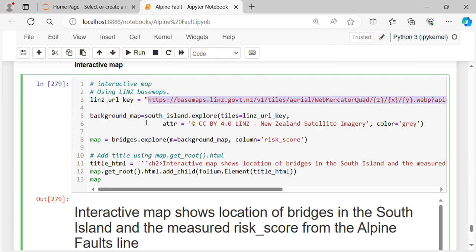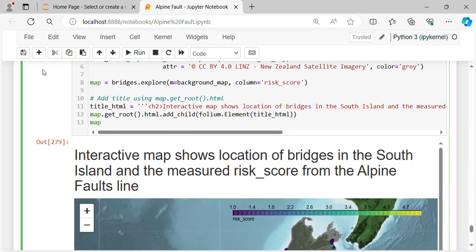Then background_map equal south_island.explore(tiles=lens_URL_key, attr equal, so this is the New Zealand satellite imagery, color equal gray. Then we do map equal bridges.explore(m=background_map, column equal risk_score, add. Then we add title using map.get_root().html title_html equal,